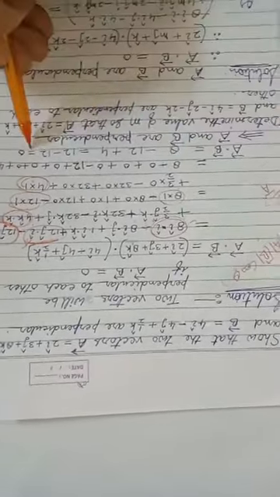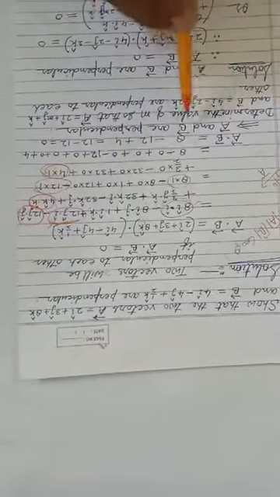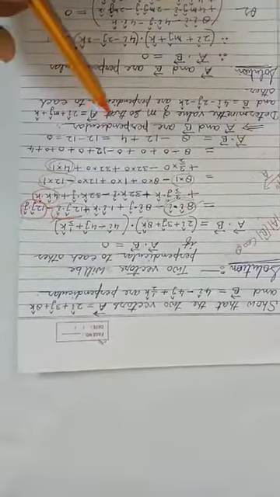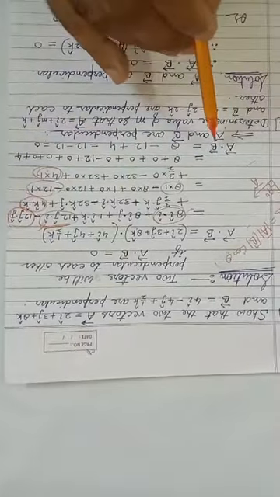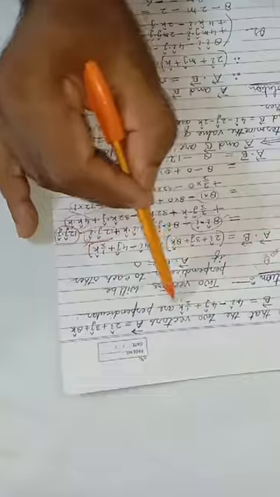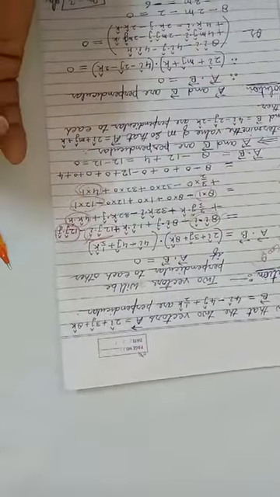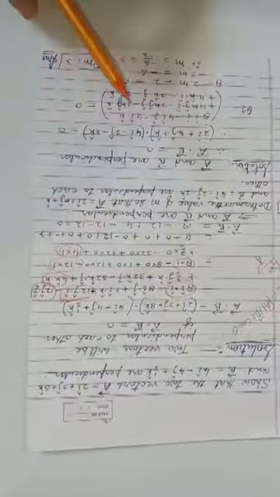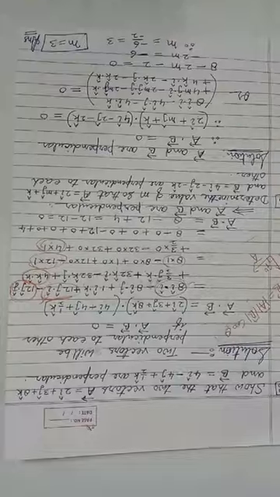So A dot B is 0, it means vector A and B are perpendicular to each other. As we have already said, two vectors will be perpendicular if their dot product is 0. So if you want to show that the given two vectors are perpendicular, what will you do? You will find their scalar product. If their scalar product comes 0, then it will be proved that the angle between the two given vectors is 90 degrees. Now on the basis of this concept, there is a question.